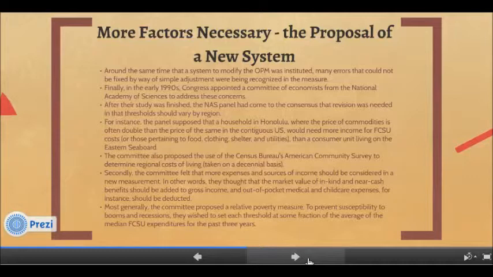In the earlier part of the 1990s, Congress appointed a committee of economists from the National Academy of Sciences to investigate the problems with the OPM and the possibility of instituting an alternative measure to reflect more precisely shifts in societal attitudes. In 1995, when their study had come to an end, they submitted a report stating that revision was needed in that,